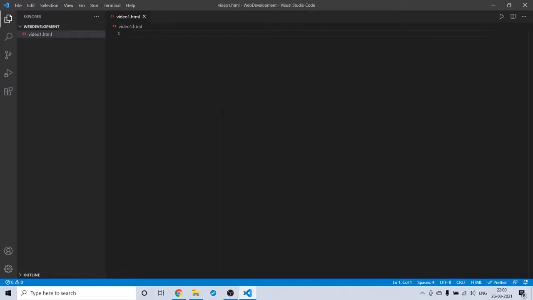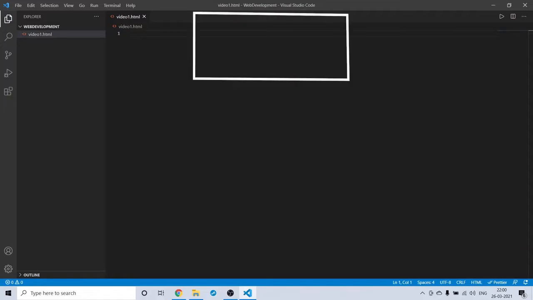Now you just need to press Ctrl F here, and you will get a pop-up asking which formatter you need to use. You can use the default format, or you can use Prettier. I recommend you to use the Prettier one. You will get a pop-up here, and you need to click on the Prettier one.